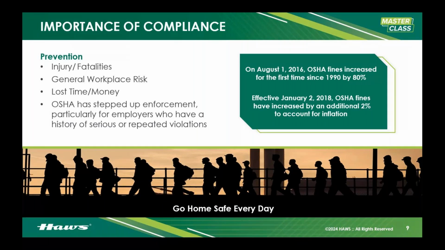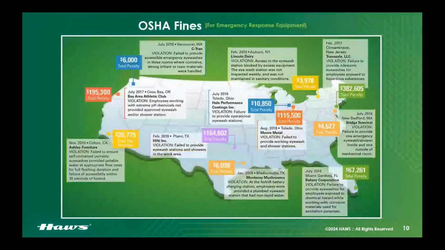So it was just a huge deal. And they're now adjusting year over year to account for inflation. But I wanted to give you some examples of fines across the U.S., what that kind of looks like. They can be small, a couple $1,000, or up to nearly $500,000, depending on the severity, depending on whether OSHA wagged their finger at you and you did what they told you to do or you ignored them.